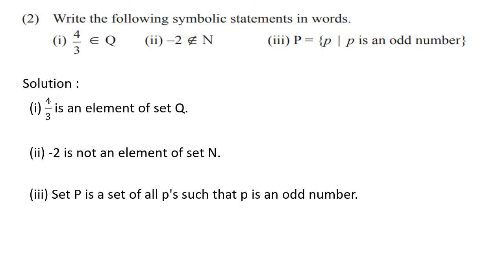Now let's go further. Question number 3. Write any two sets by listing method and by rule method. Here this question is called an open-ended question. You know that we have discussed the paper pattern, and in that paper pattern question number 5 is an open-ended question where the answer of every child may be different. So here you have to take any one example, and the same example you will write by listing method and by rule method.